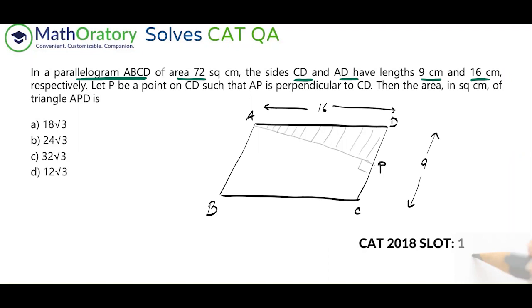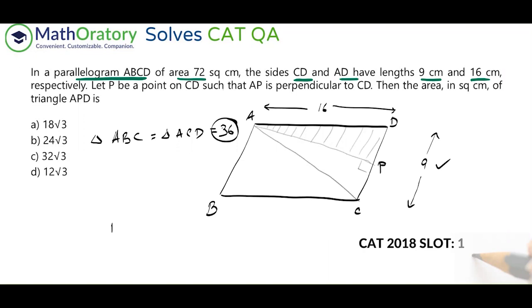So the reason I'm going into the diagonal is because the one thing that we can say for sure is, if I connect this AC, both of these triangles, the triangle ABC as well as the triangle ACD, will have equal area, and hence both will have an area of 36, right? The reason I'm focusing on this is because once I know this area of the triangle ACD, check this out. I know this base CD, right? So that is 9 in length. So once I know this base length, I can figure out the height using this area.